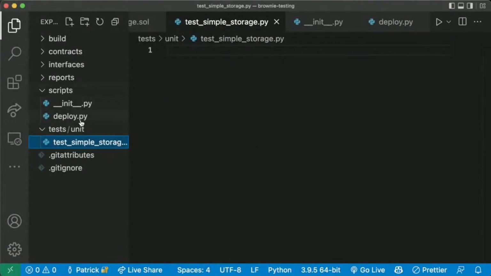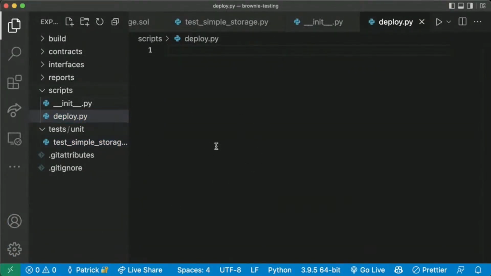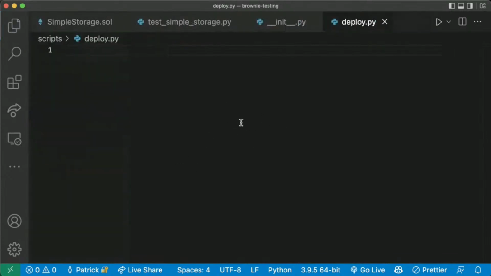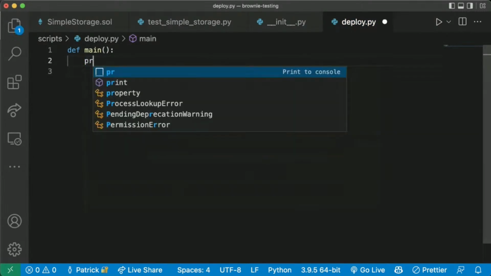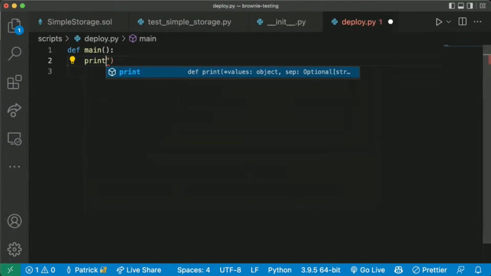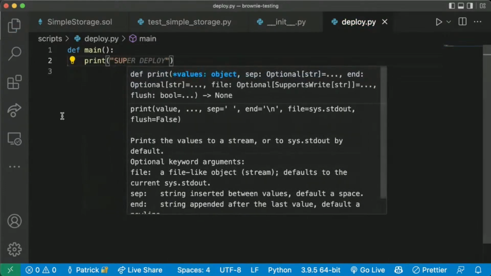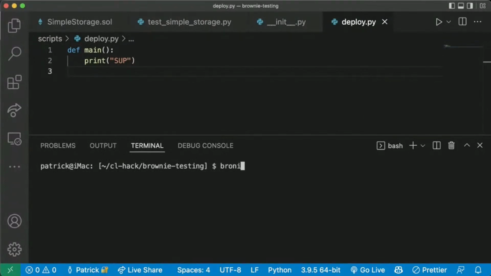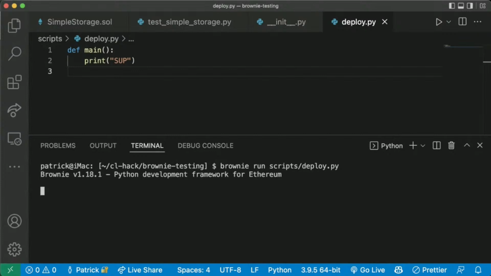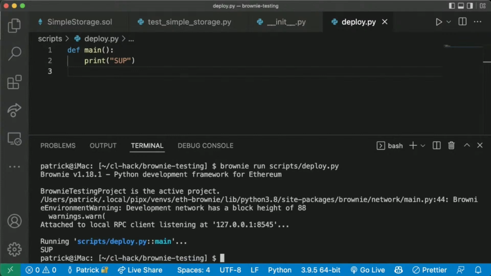Cool. So let's write our deploy script in here. In Brownie, whenever we write a script, it needs to be a def main script, right? So I can do def main, print sup. And then in my terminal, I'll do brownie run scripts/deploy.py. If I don't flag a network, it'll automatically do